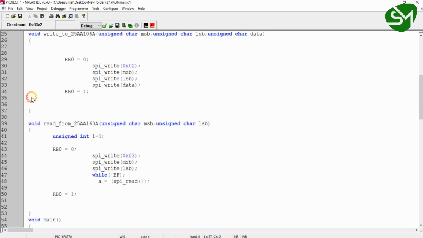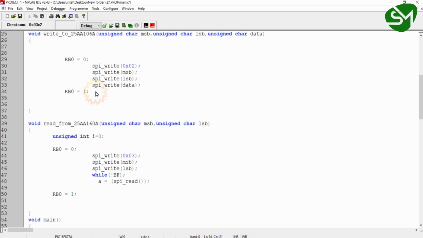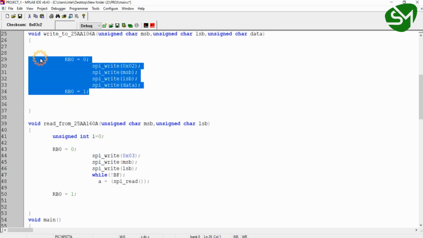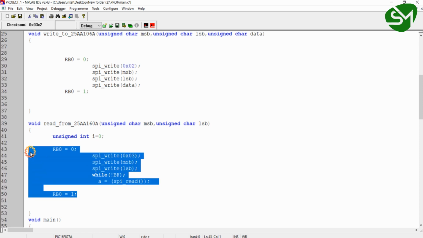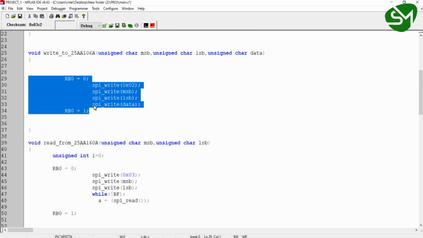That is, this function is used for writing data to the EEPROM, and we derived this sequence from the data sheet of the EEPROM. So we cannot change this sequence as this is given in the data sheet of the 25AA160A EEPROM. This is the read sequence and this is the write sequence. I explained these sequences in the last lecture. I hope you remember that.